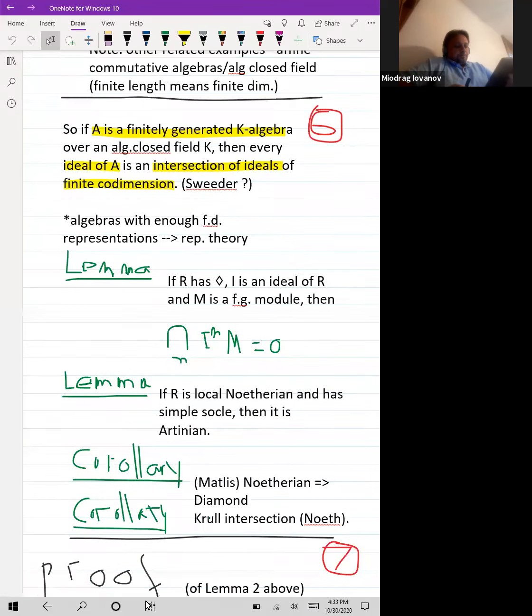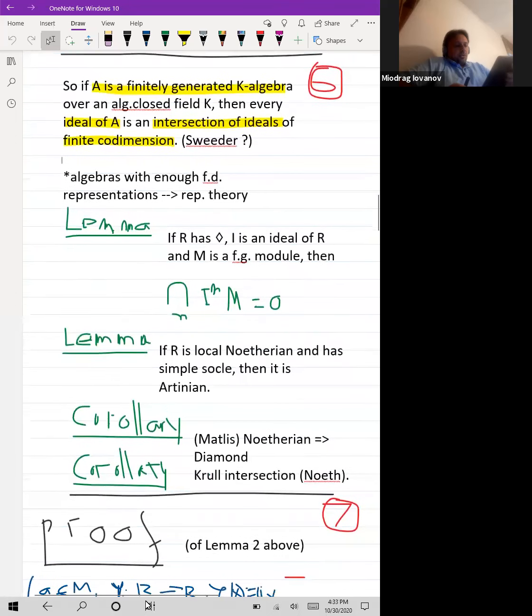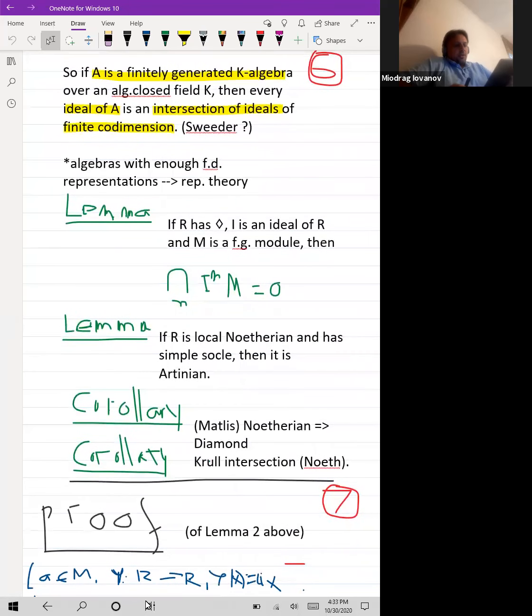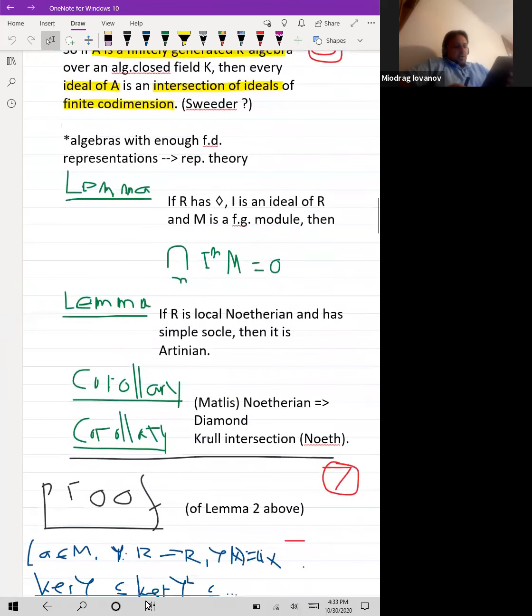Okay, so going back to just the commutative case, I'm going to list a couple of results and a couple of things that we can do with the diamond property. So here's this first lemma over here,